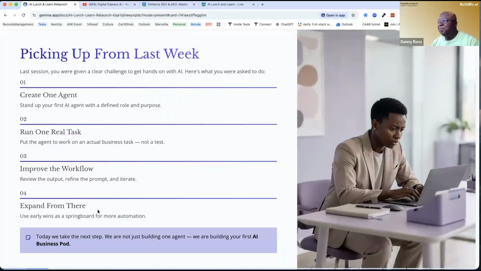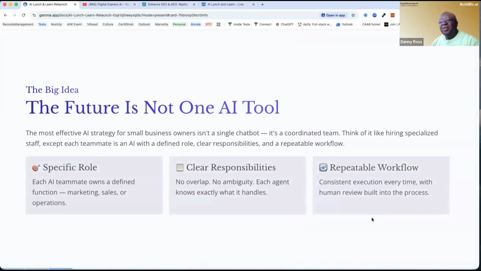Okay, let's get going here. Welcome, everyone. We started last week. We just built out that first AI tool, an AI agent, and we got started with understanding the concept of the difference between an agent and a chatbot. In a nutshell, a chatbot will have a conversation with you. You go back and forth with it. It can be anything: ChatGPT, Gemini, Perplexity, etc. So you're just having those conversations.